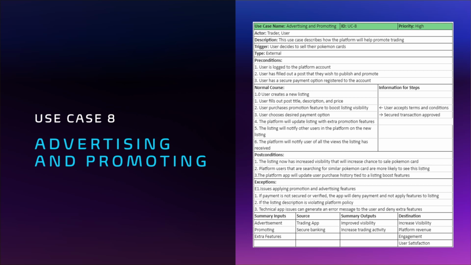Use case 8 is titled Advertising and Promoting. This use case documents the registered user's ability to advertise and promote their trades and listings. While a user can simply publish a listing or trade, there is a high likelihood that a user's post may go unnoticed by other users. While this can happen for a variety of reasons, it is nonetheless helpful and in users' best interests to advertise